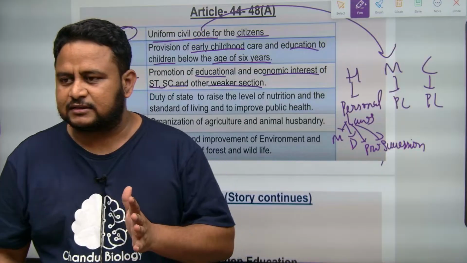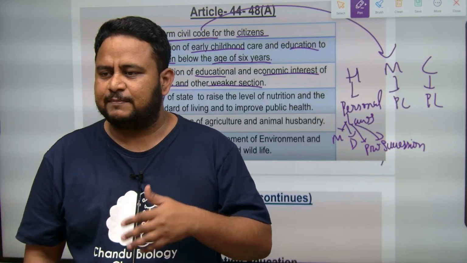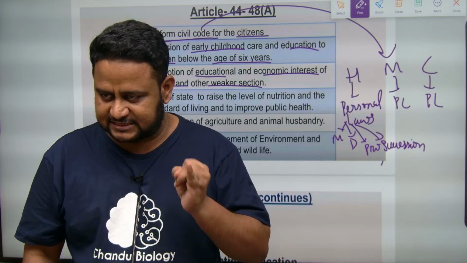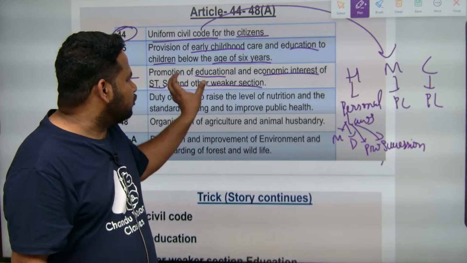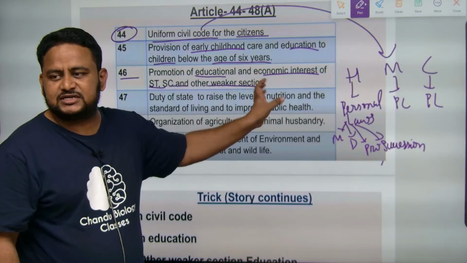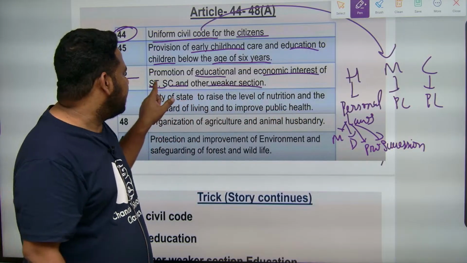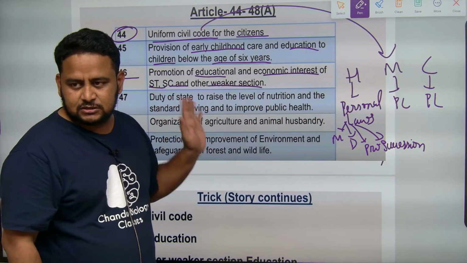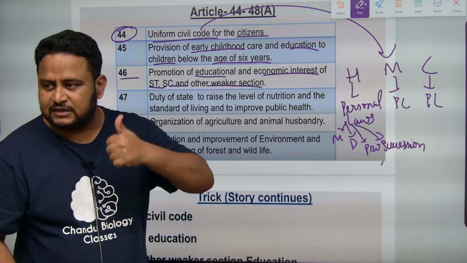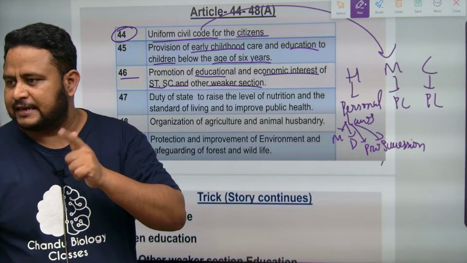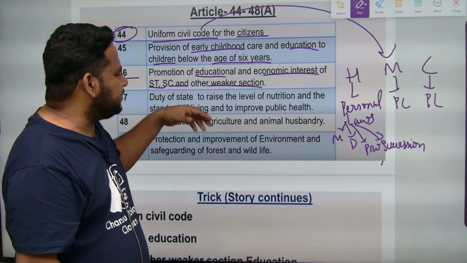So you have to make laws such that there is promotion of education interests of SC, ST and other backward classes, and also economic interest. That means you are talking about education, and economic interest in terms of their jobs and their economic opportunities. That is the meaning of Article 46. Got it? So 46 is talking about SC, ST and other backward classes in terms of education and also economic interest. As per that, make a law.